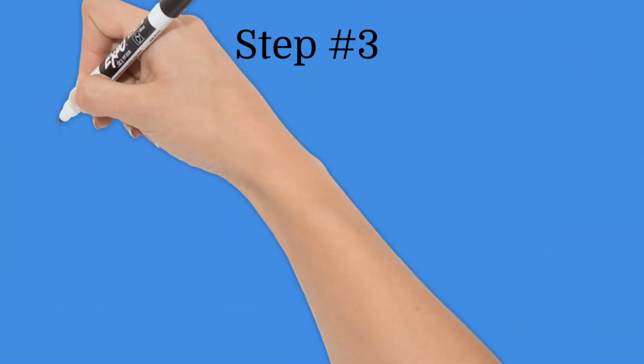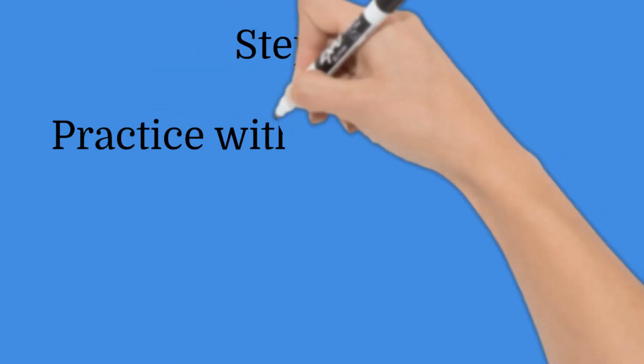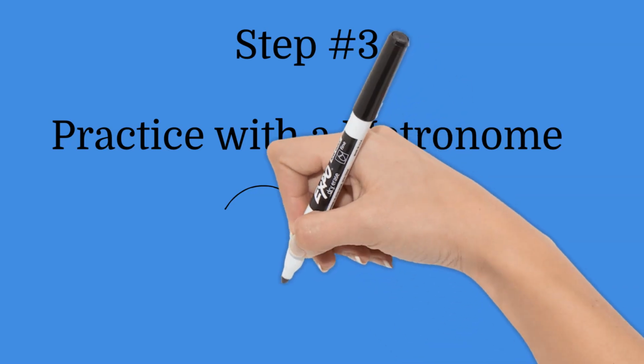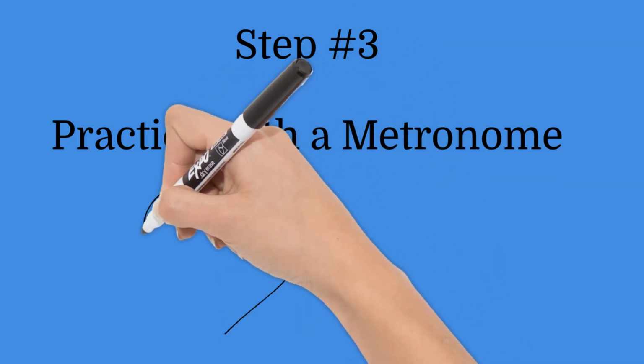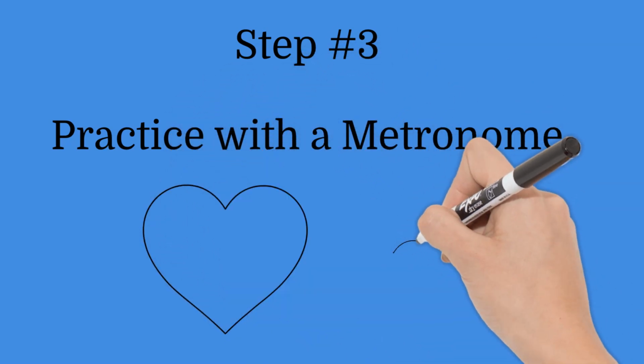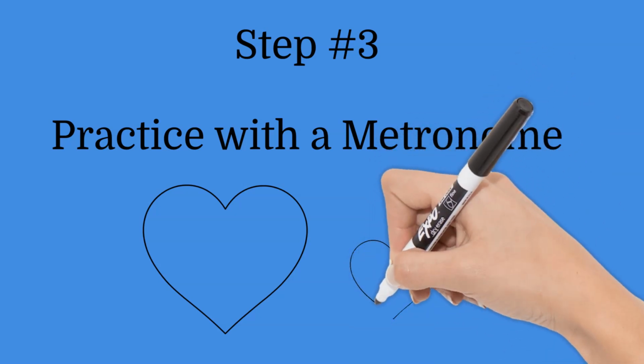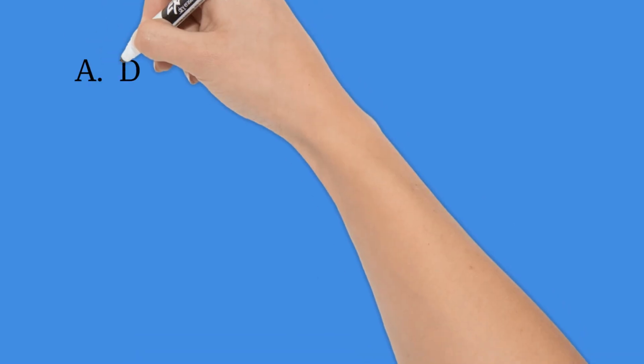Step number 3, practice with a metronome. I always practice with my metronome. I love it. In fact, it's hard for me to practice seriously without one. A metronome is essential for many reasons, including A, developing memory of tempo,